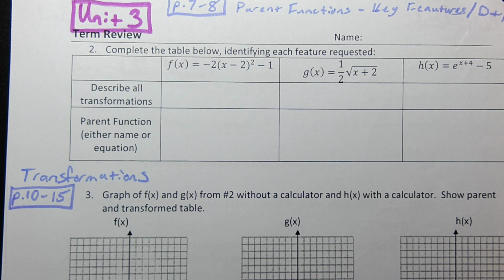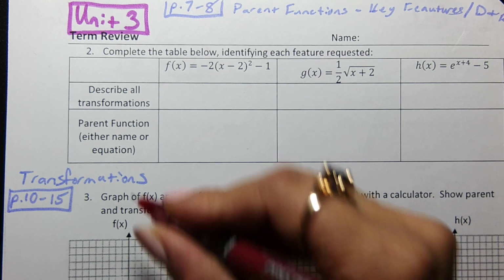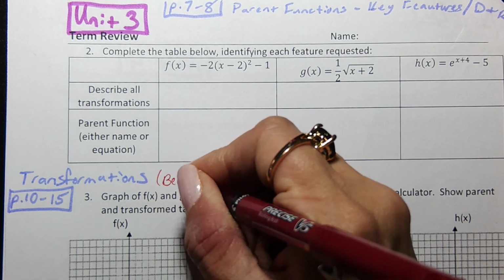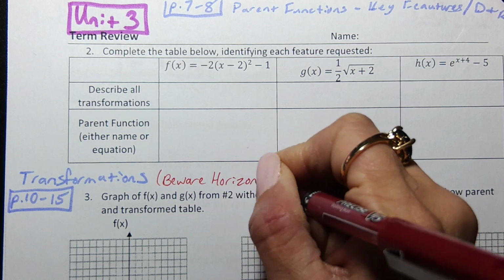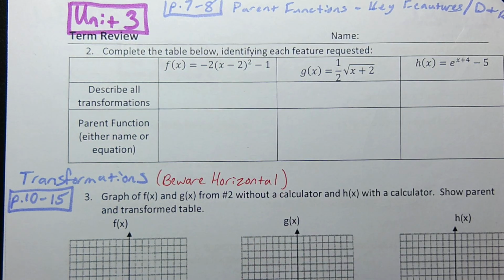So make sure you understand all those types. My big beware statement with this is the horizontal ones. Those are the ones where we cross our eyes and the sign does the opposite of what we would expect. Or if it's a horizontal stretch or shrink, we reciprocalize the number first